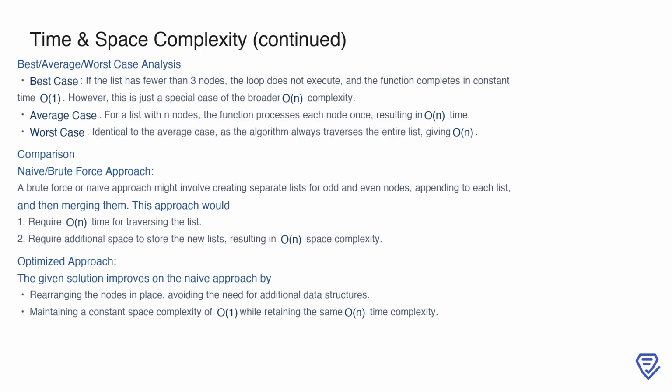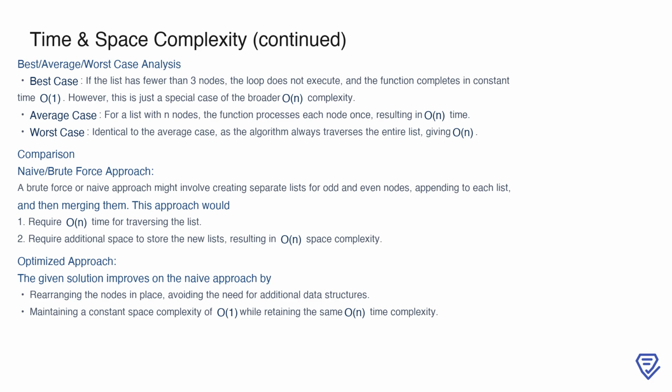For the average case, given a list with n nodes, the function processes each node exactly once, resulting in O(n) time complexity. Similarly, the worst-case scenario is identical to the average case because the algorithm always traverses the entire list, making the time complexity O(n). When comparing this optimized approach to a naive approach, the brute force method might involve creating separate